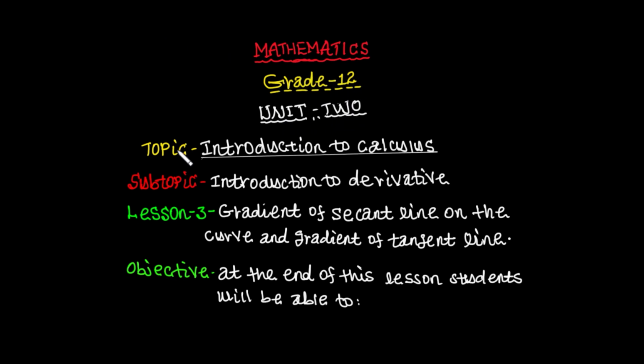2 ማለት ነው። ኢንትሮዳክሽን ቱ ካልኩለስ ሰብቶፒካችን ደግሞ ወይም መንደርደሪያችን ኢንትሮዳክሽን ቱ ደሪቫቲቭ what is the relation between derivative and instantaneous rate of change። ስለዚህ ዛሬው መንደርደሪያችን ሌሰን 3 gradient of secant line on the curve and gradient of tangent line on the curve ማለት ነው።